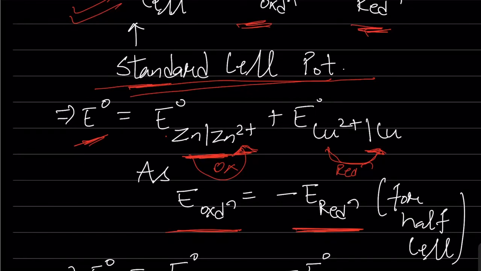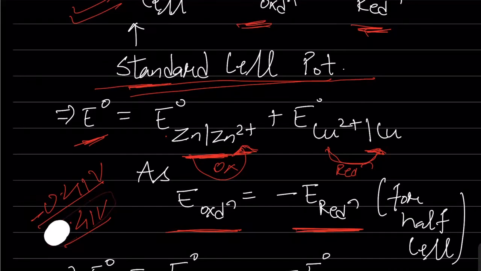Keep it in mind. Okay, for a half cell the oxidation potential is the negative of the reduction potential. For example, zinc has 0.41 volt as reduction potential with a minus sign, so the oxidation potential will be 0.41 volt positive. This is the reduction potential, this is the oxidation potential. Negative negative will become positive. Everybody understands that? Oxidation will be